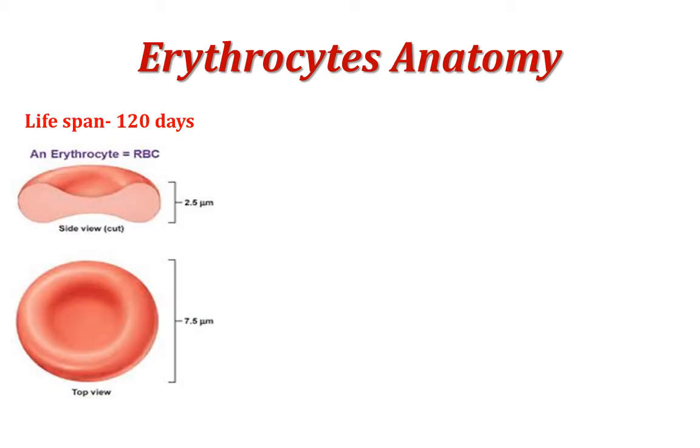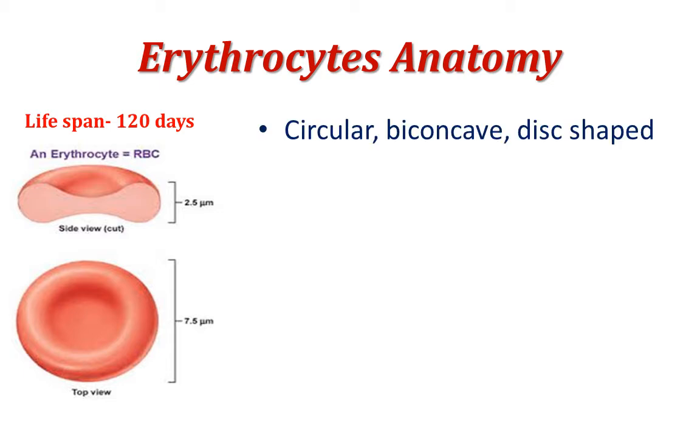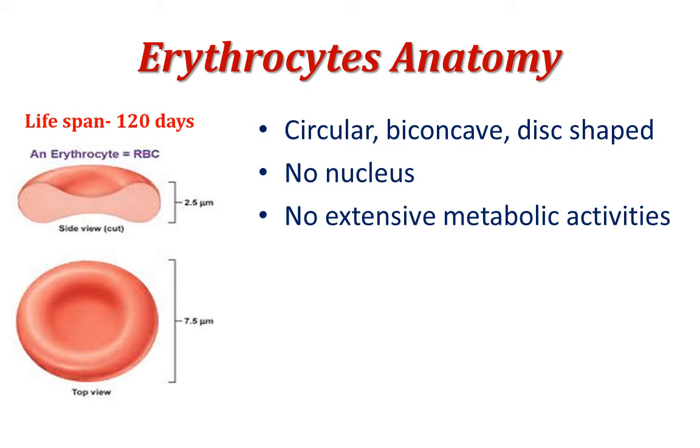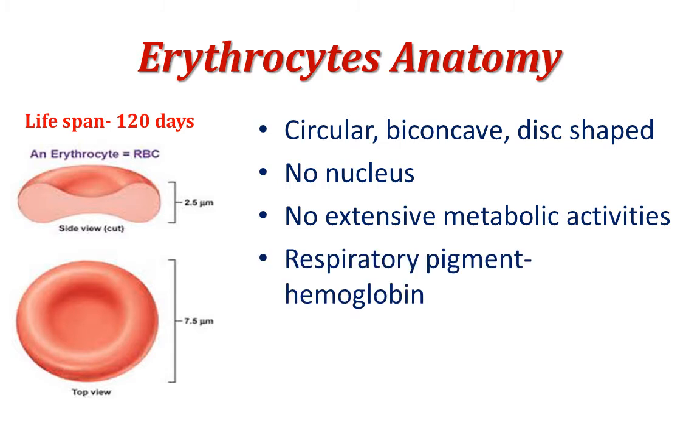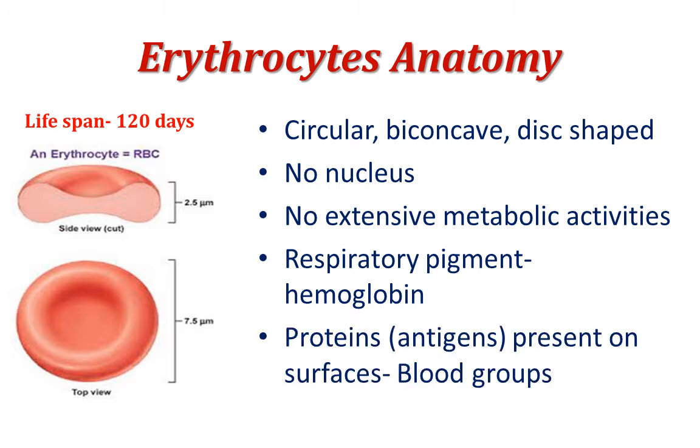Let's discuss the anatomy of erythrocytes. Under the microscope, RBC appears as a biconcave disc that has a diameter of 4 to 8 micrometers. Mature RBC have a simple structure. They lack a nucleus and other organelles, and can neither reproduce nor carry on extensive metabolic activities. The plasma membrane encloses a respiratory pigment which was synthesized before loss of the nucleus, and then the nucleus dissolves in the cytosol. Certain proteins present on the surfaces of RBC are responsible for the various blood groups.